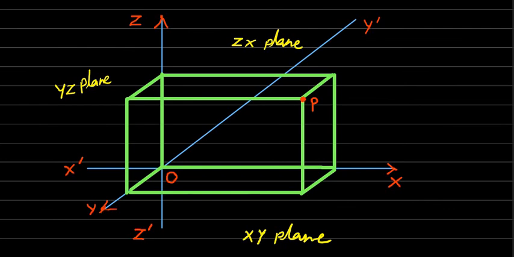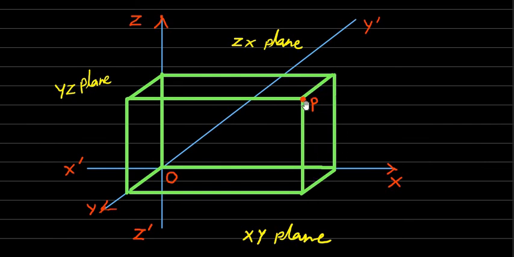So this one. Now next one. Now let P be any point in the space, as we have denoted here. Then passing through the point P, we have drawn a plane which is parallel to the YZ plane. Okay, passing through the point P, we have drawn a plane which is parallel to the YZ plane, and that plane is this one.